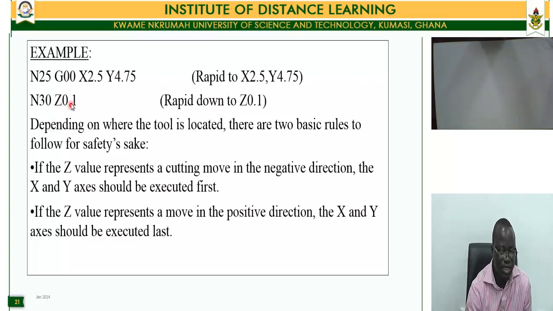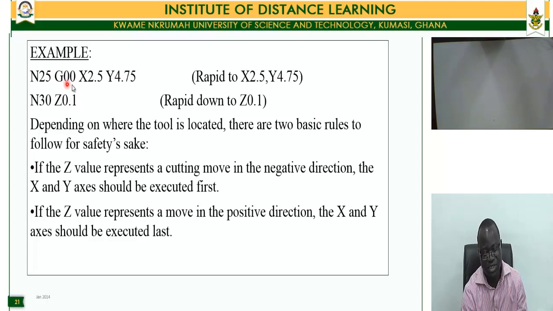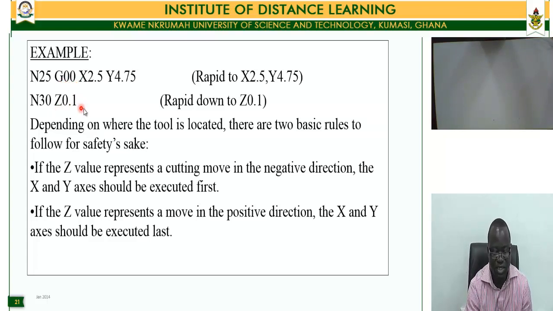So depending on where the Z is located, there are two basic rules to follow for safety's sake. That is, if the Z value represents a cutting move in a negative direction, then the X and Y axes should be executed first. Now, if the Z value represents a move in a positive direction, then the Z axis should be executed first. That is, this is not really a big issue here, but if you want to move the tool out of the workpiece, just as we saw,